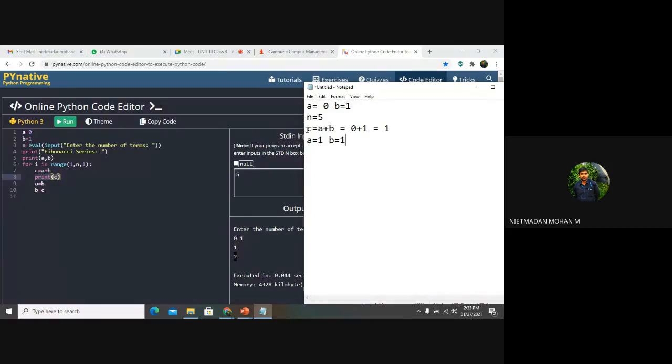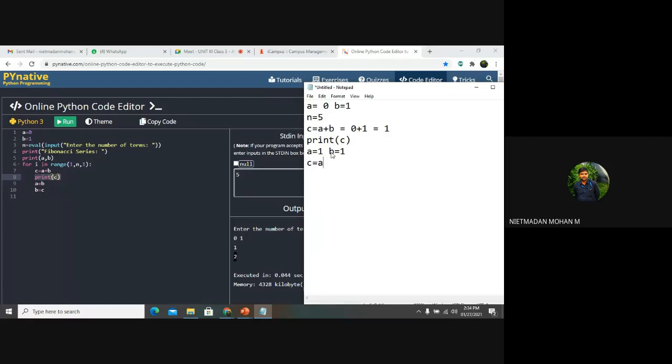So we are printing here, that is the C value. That C value is equal to 1. So here the value will be printed. Now how the output will be is 0, 1, and again the 1 will be there. And again the loop will be executed, that n will be getting an increment over here. Again the C part will be executed.